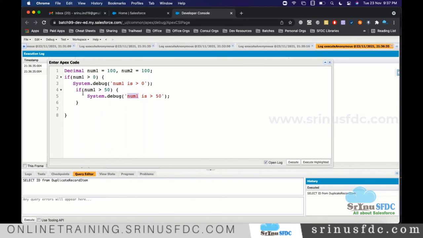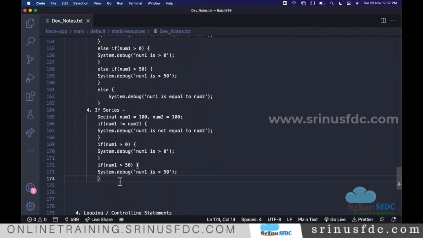Basically you can also keep if, else if, all those things inside if you want. In general when you write like this, people say it is nested if. If you know these flavors, we can achieve any kind of requirement.